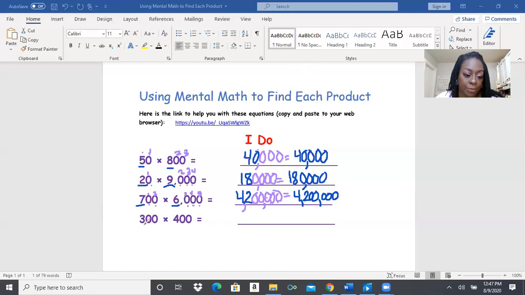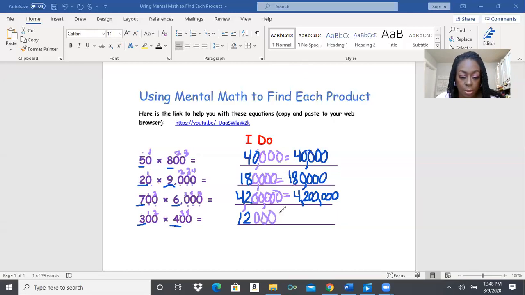We are multiplying 3 times 4. We know 3 times 4 is 12. All right, so 3 times 4 is 12. Let's count how many zeros we have. We have 1, 2, 3, 4 zeros. So we're going to put 1, 2,